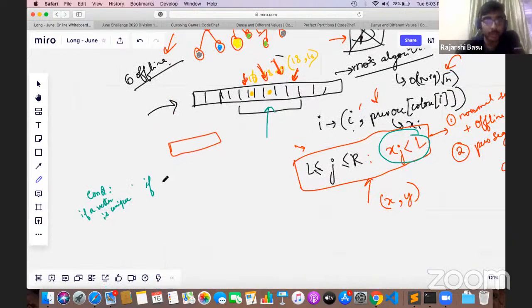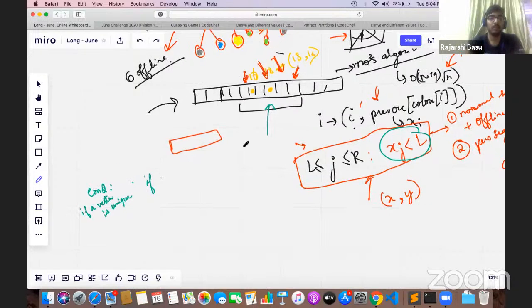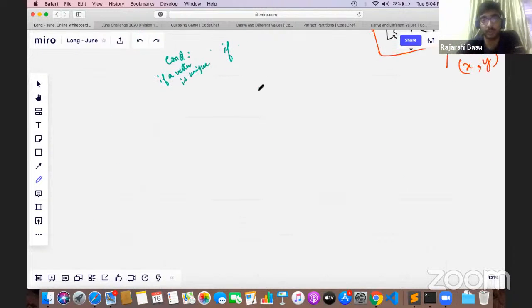Let's say we are considering a vertex V, and the color of V is given by C of V. Let's say our query node was U. Okay, so we say that a vertex V is unique